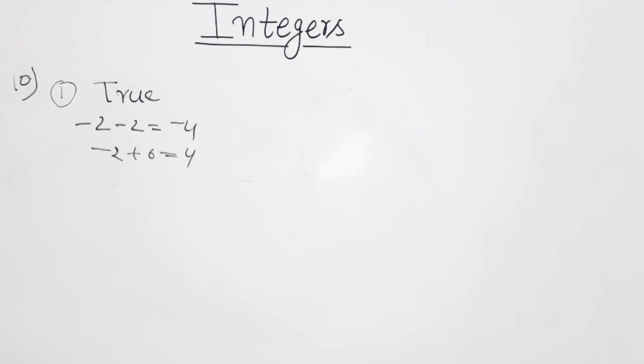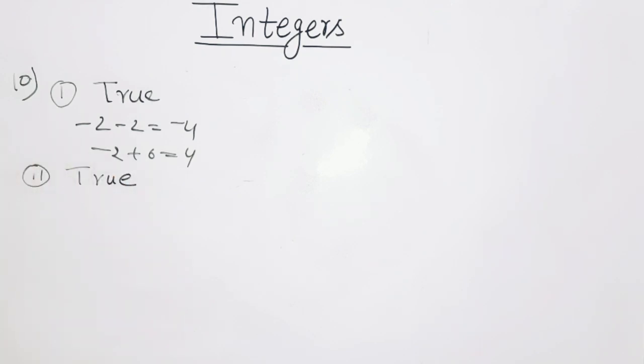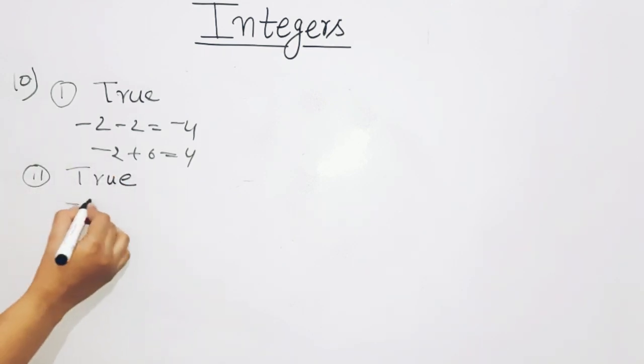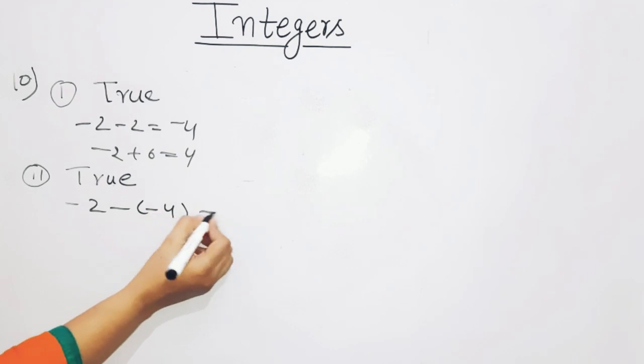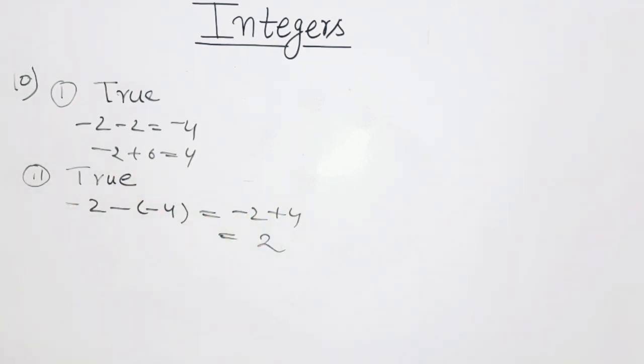So you all have to tell me which property this is in the comment section. I am not going to give you the answer. I will be giving the answer at the end of the video. So you have to match it afterwards. Now second option. The difference of two integers is always an integer. This is also correct. This is also the same property. This is also true. Minus 2 minus 4. So minus 2 plus 4 is equals to 2. That is also an integer, right?